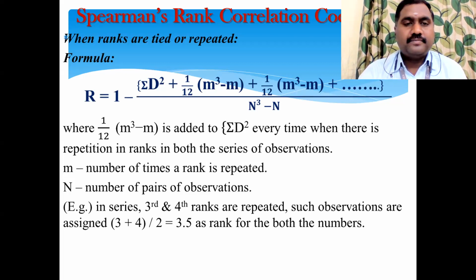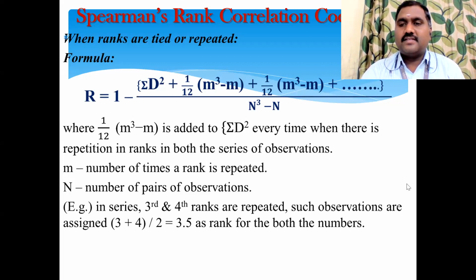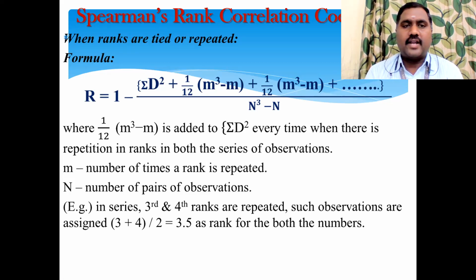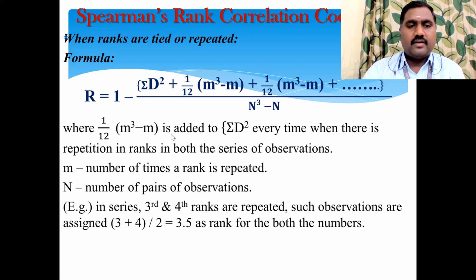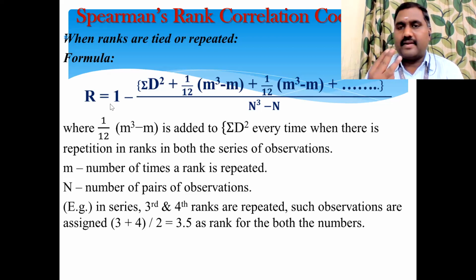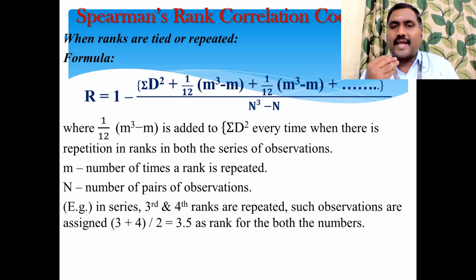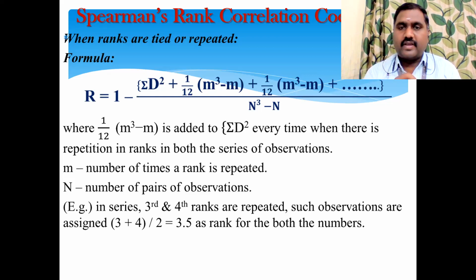Once again, very good morning. In the previous classes, we started working with the rank correlation, right? So already we worked out the problems under three different patterns. One is when the ranks are not given. X will be given, Y will be given. From those values, we need to assign the rank for X and the rank for Y, which is called R1, R2. This is the first pattern of the problem that we worked out.